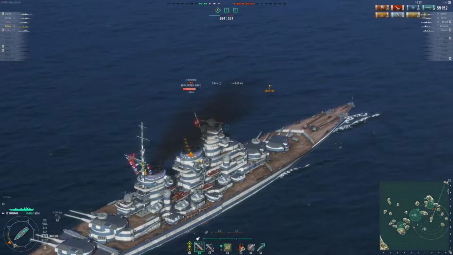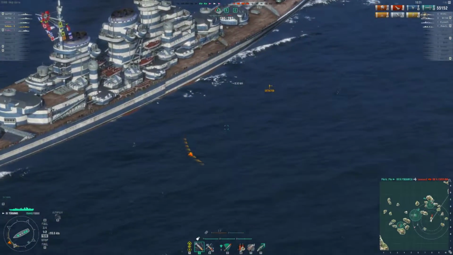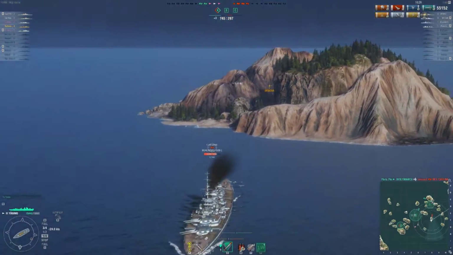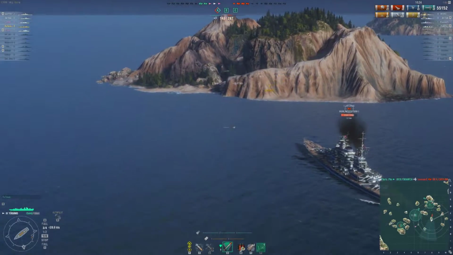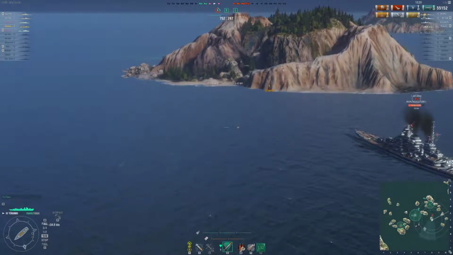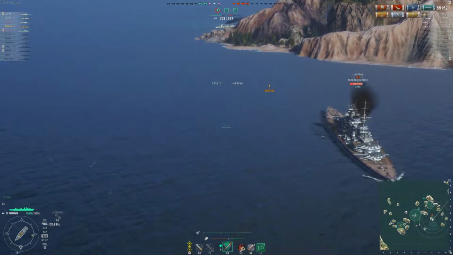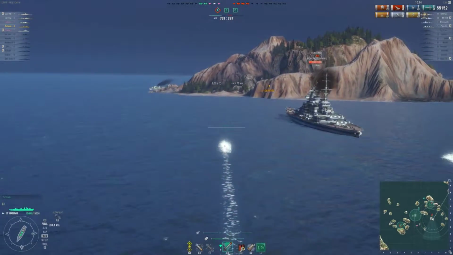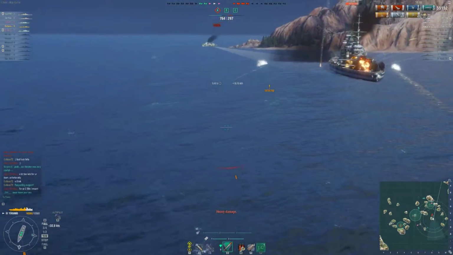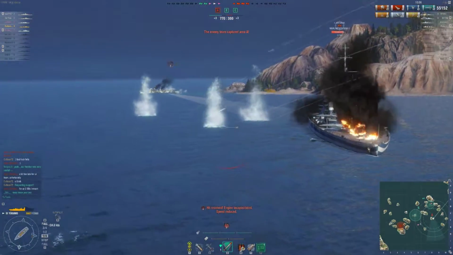And I probably should have at this point gone round to the left of the island, but I thought, oh bugger it, I'm going to be so close to him, maybe I'll get away with it, maybe he'll overpen me. He's probably got AP loaded, but then of course excellent secondary guns. Now there were torps going in on him from somewhere else. Here's me coming around the corner, the other torps miss him,